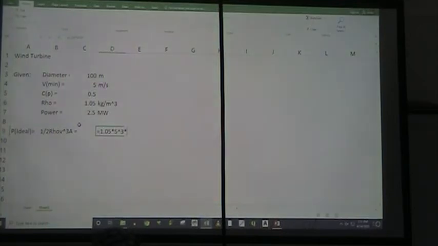So that is 100 meters divided by 2. That quantity squared times pi, which I'm just going to simplify as 3.14,